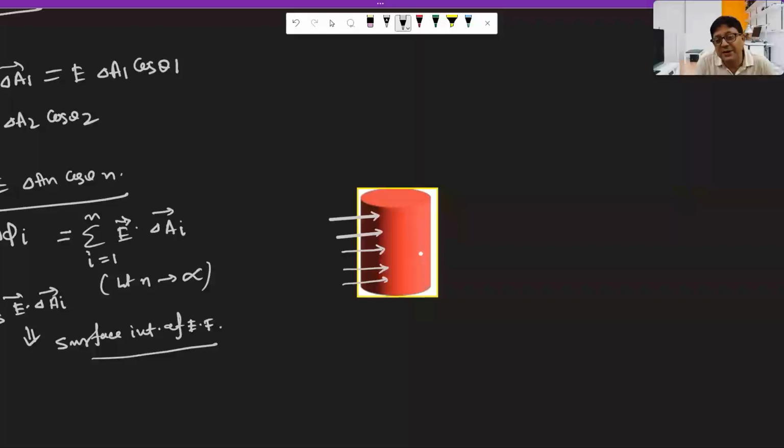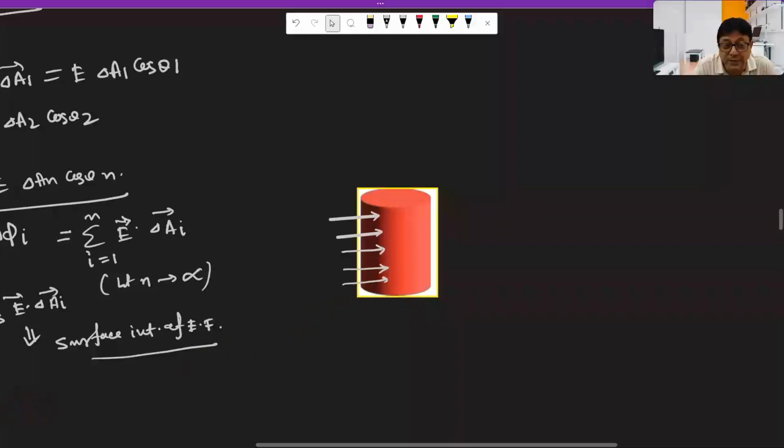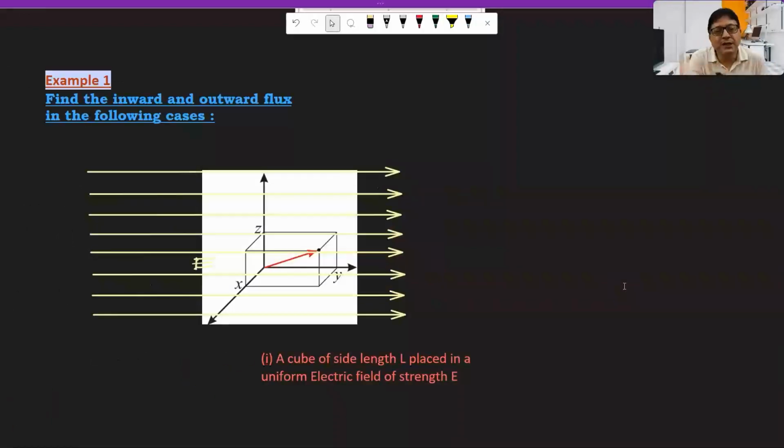This is a complicated case. I am going to explain these kinds of problems in some following examples. Before we start the curved surface one, let us solve some simple problems. Inward and outward flux concept already told, and this one has a cube of side L, placed in a